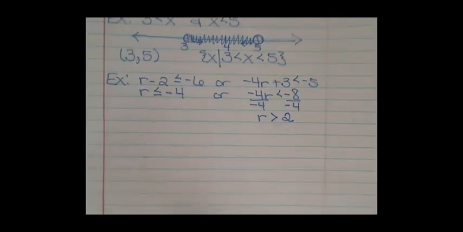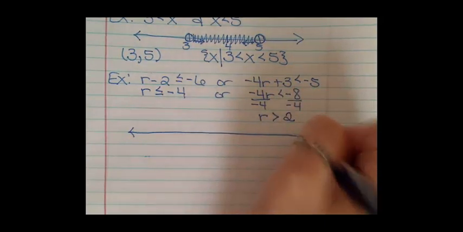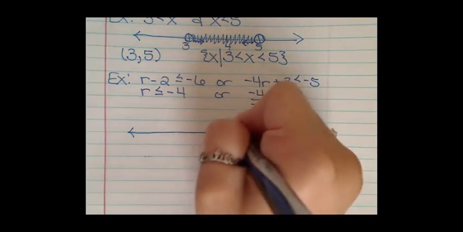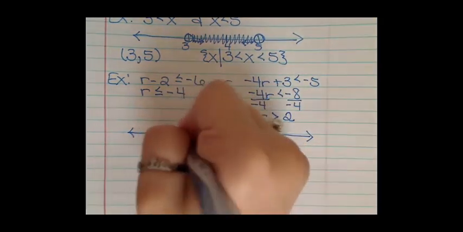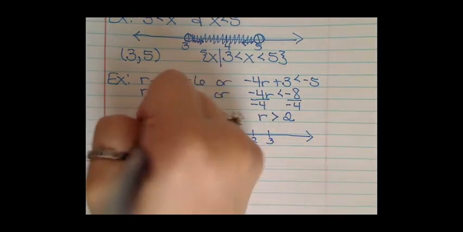Okay, so let's just graph this one on the left. We have r is less than or equal to negative 4. It's less than or equal to, so that means it's going to be a filled in circle. And then less than is going to go to the left. So we're going to go to the left,